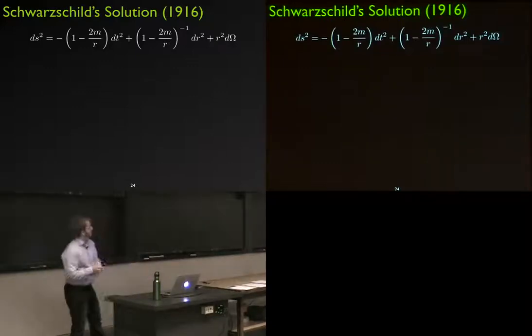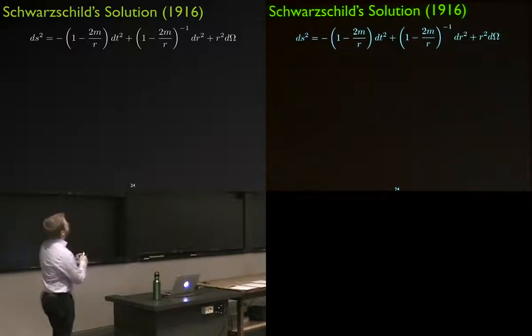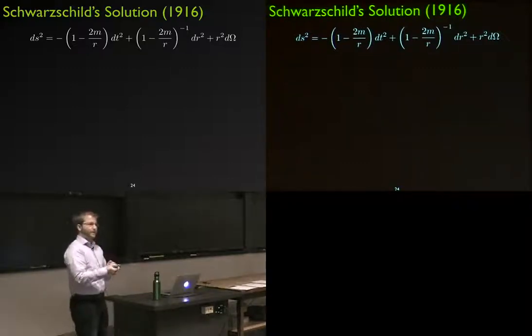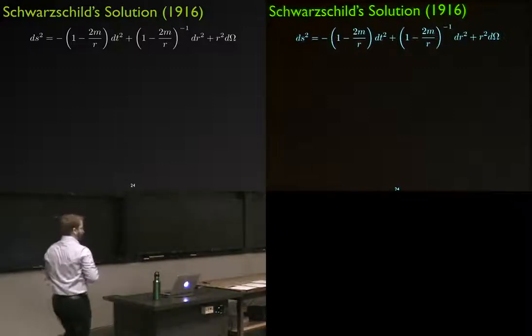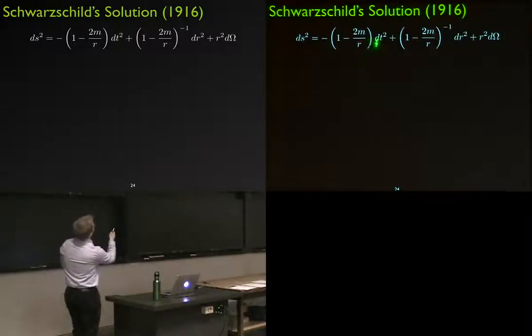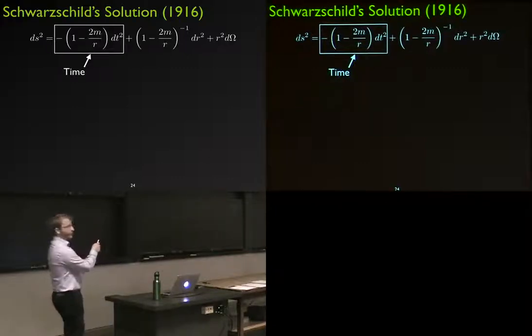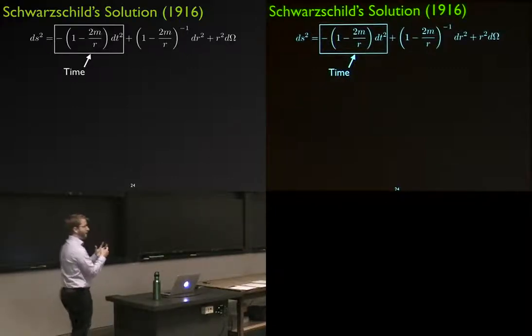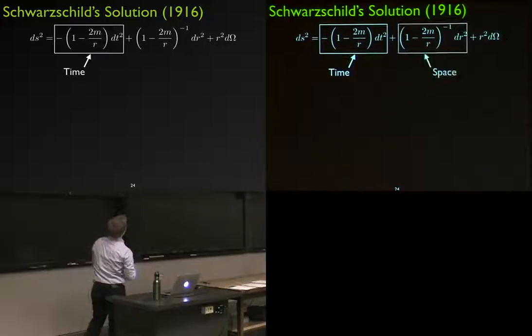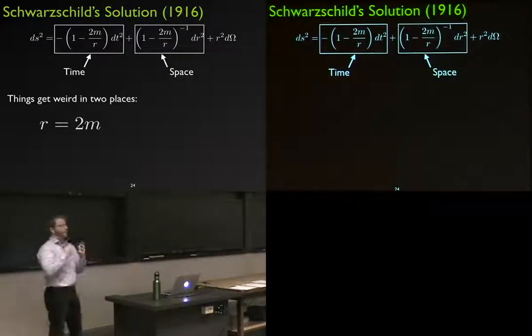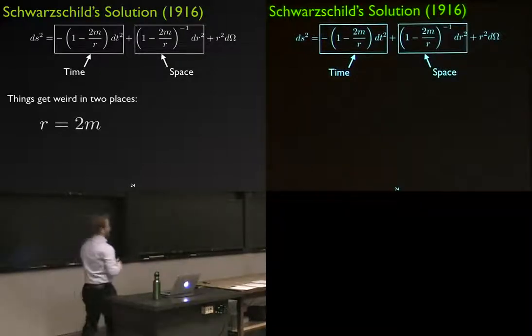I will show you this equation to give you some physical intuition for what it means. This equation is describing the curvature of space-time in a local way. Notice that there's a time term here, and an r here, which is a distance away from the center of that spherical body. So this term here is describing the effects on time caused by that massive body, and that other term over there is describing the effects on space.